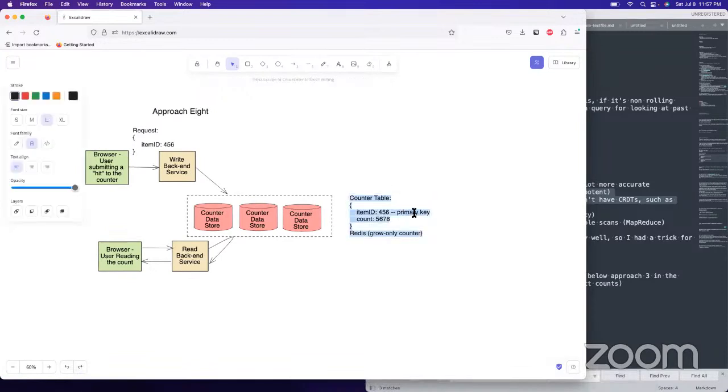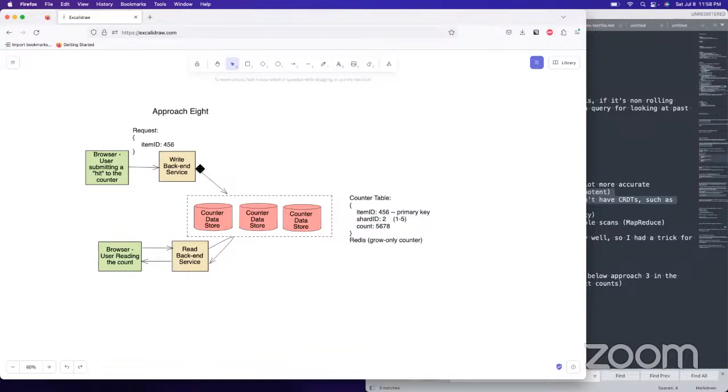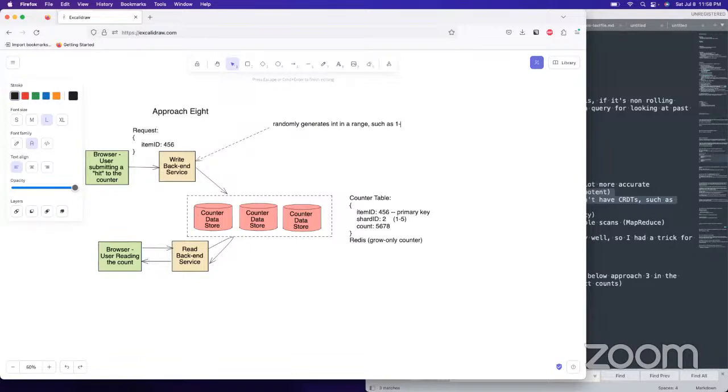Then we have a shard ID, which could be in a range like 1 through 5, for example. What we would do is have the backend service randomly generate an int in a range such as 1 through 5.